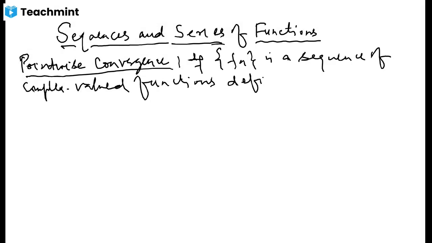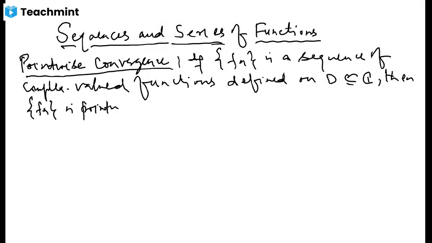Each function is defined on some common domain, a subset of C. Then we say that this sequence is pointwise convergent on this set D if for each z in D,